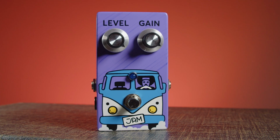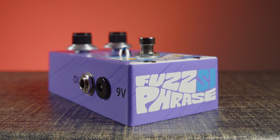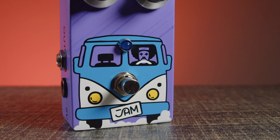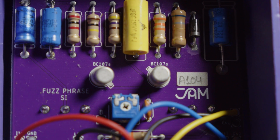Well, here's one for all you fuzz heads out there. We got a brand new pedal from the lovely cats there at Jam Pedals. It looks beautiful too. This is the Fuzz Phrase SI. Jam Pedals' take on those late era 1960s fuzz faces, the ones that are using those silicon transistors. In this case, this one's using the BC107s, a really dynamic, expressive, full sounding and juicy fuzz with just that